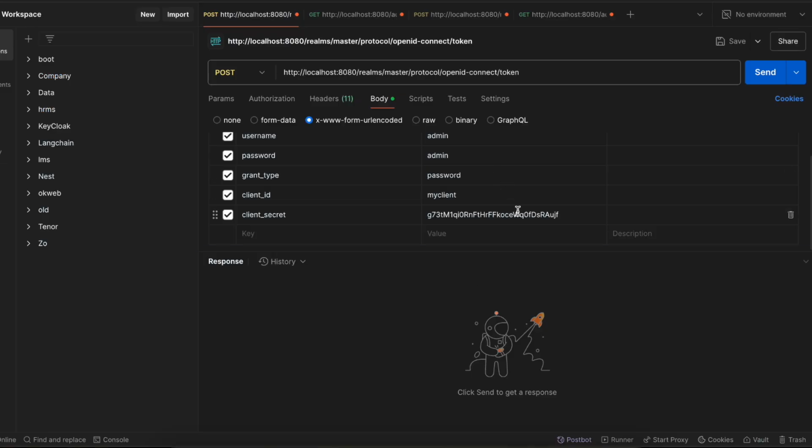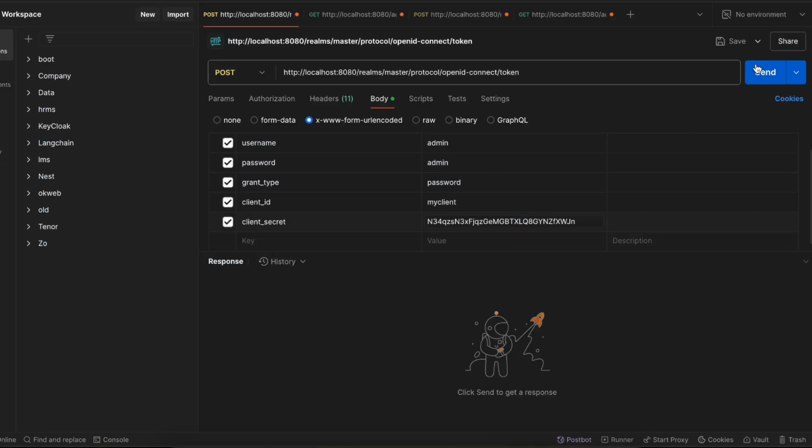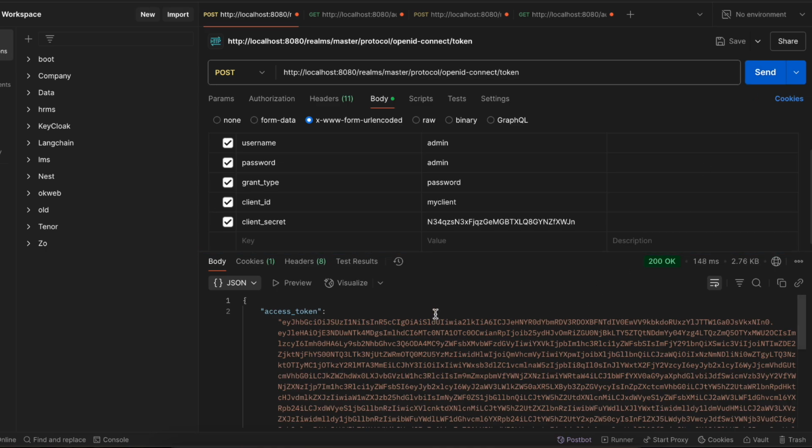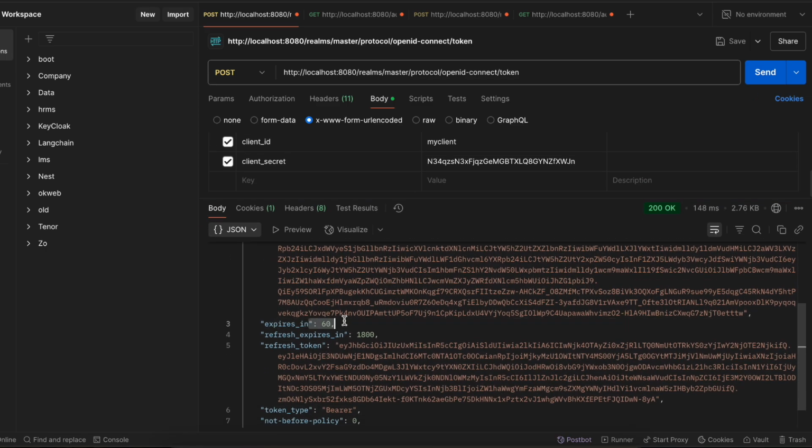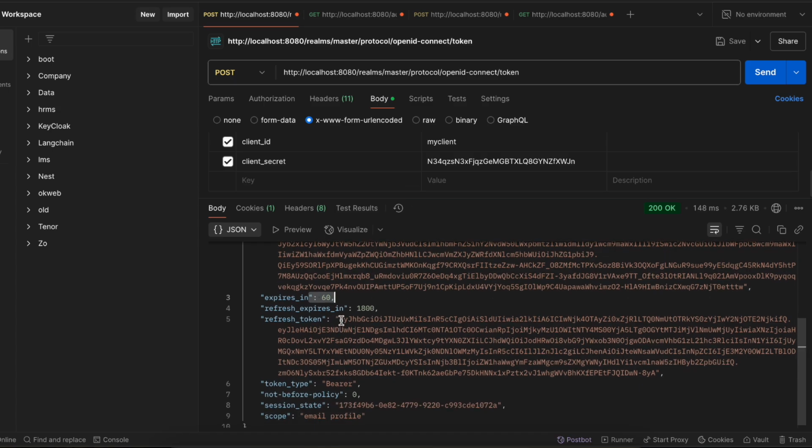Okay, I can come over here and paste it, and then click on send, and here you can see the access token was generated. But as you can see, the access token expires within a minute, I guess. So how do we generate the access token once it expires? We can't keep calling this API, that would be a bad practice. So for that